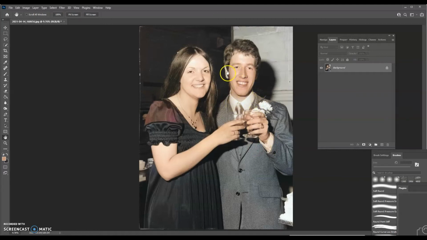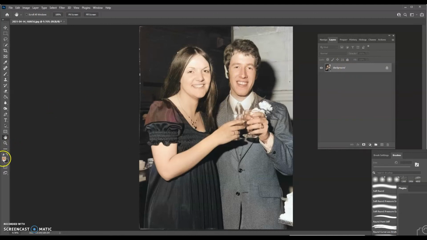I'm just looking up here on the guy's ear. I don't think the skin tone is correct on there either, so we're just going to fix those few things, and this is a bit more of a laborious process, but this is how to do it anyway. So it's how I do it. There's tons of ways to do anything in Photoshop. So we're going to create a color adjustment layer,